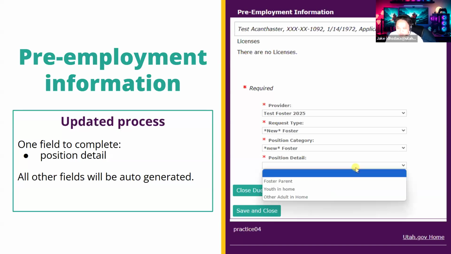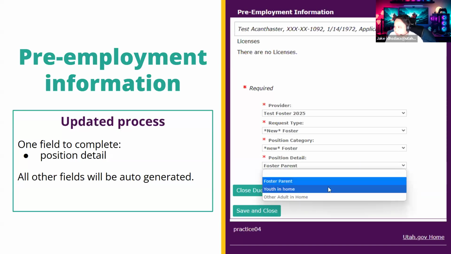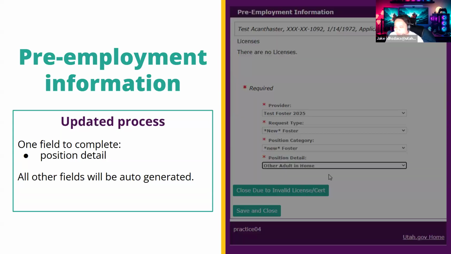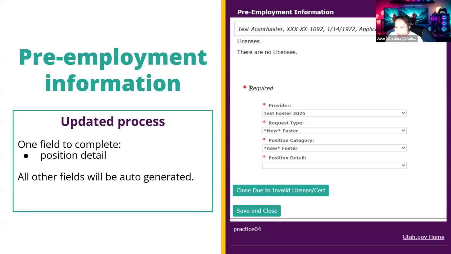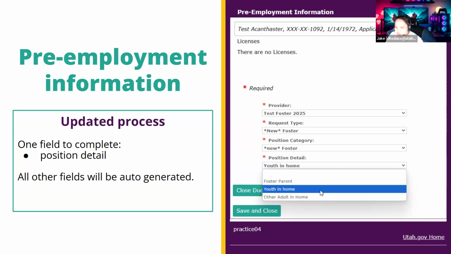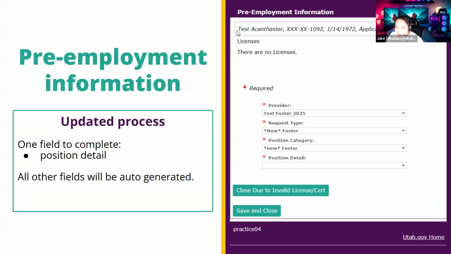Currently in DAX, when you submit an application, you are presented with multiple options in that drop down, and that gets confusing, especially when you're trying to run a different background check. Once you complete the application process, the CBS team will get back to you saying, hey, you chose the wrong drop down, and you have to start over. So this reduces that confusion, and it will be included in that update that we are talking about. Next slide, please.